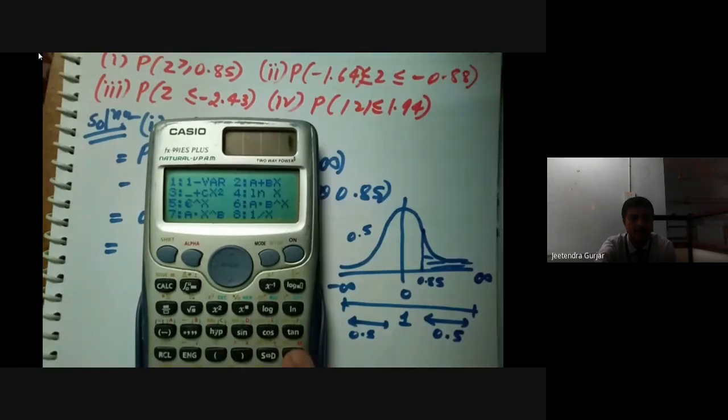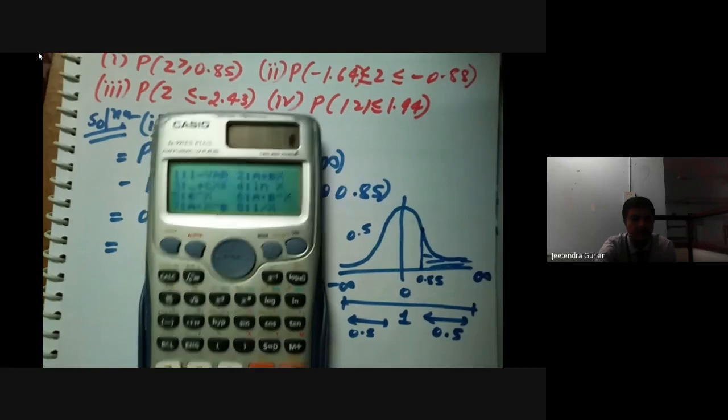Yes, I'll repeat once again: press on, then go to mode. After mode, you can see there is statistics, number 3, press on that, and you will get these values 1 2 3 4 5 6 7 8, but we are not interested in this. Therefore, press AC. Till here you are ready? Yes, just say yes, then I will continue. Please unmute and tell me if you have done till here. Yes, sir. Okay, fine. Thank you. We'll go to the next one.